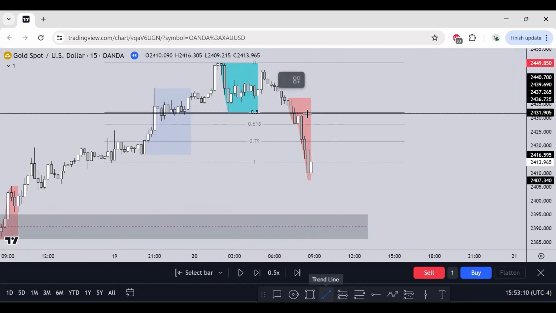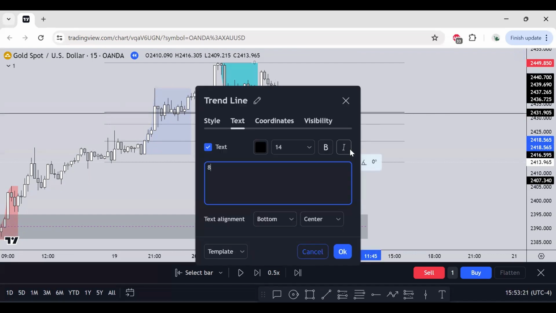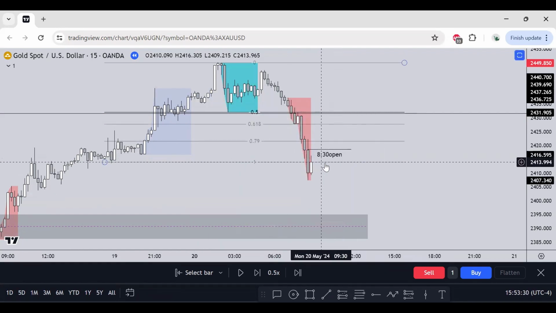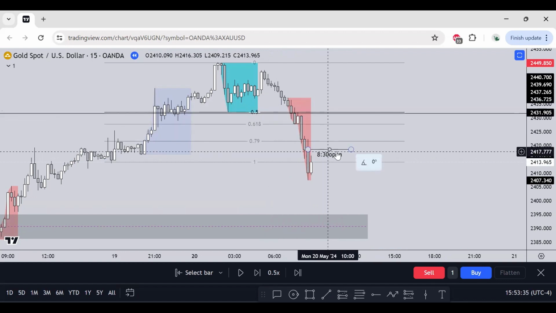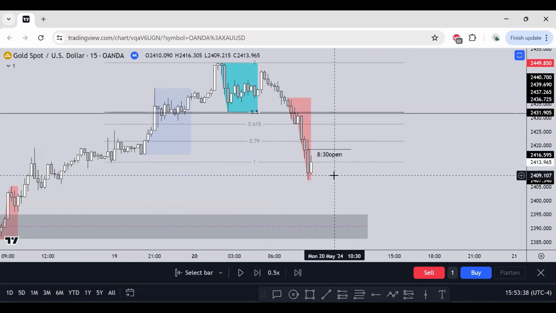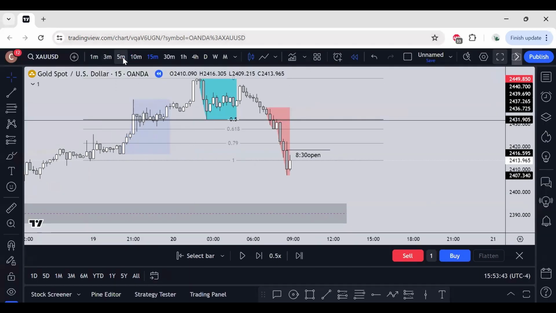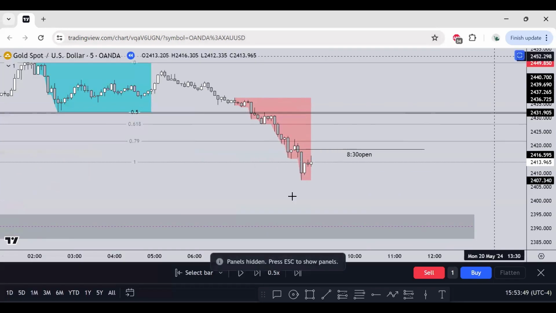As you have seen before, it was just there before we deleted it. I marked out the 8:30 candle. This is the 8:30 open, something that's been taught by ICT in his 2022 mentorship. So with the 8:30 open, the best thing to do is buy below this one. Or overall, buy below the midnight open price, or if 8:30 has come through, below the 8:30 open price. Now, let me jump down to the 5 minute, because that's exactly where my entry was based off.